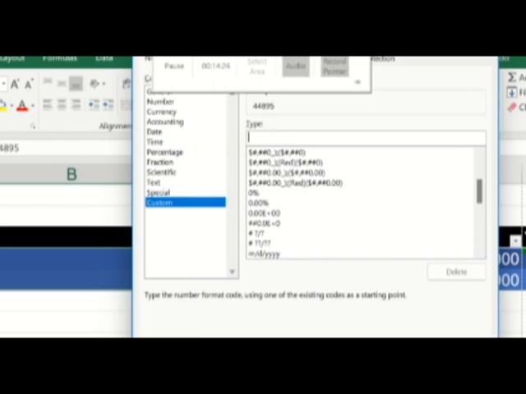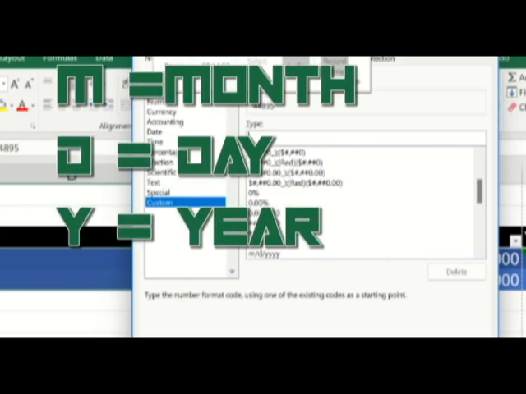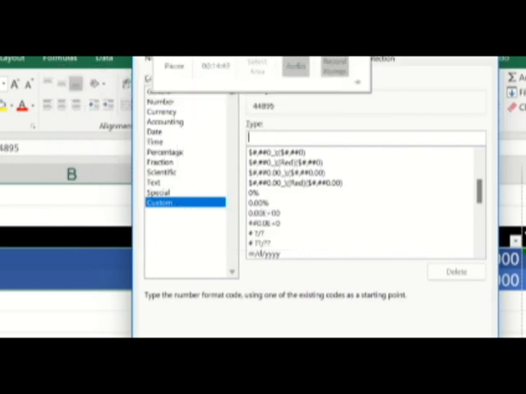So, in the case of date, you have M for month, D for day, Y for year. And they're all handled in a particular way. For instance, month. 1 M gives me the numerical value of month. Two of them